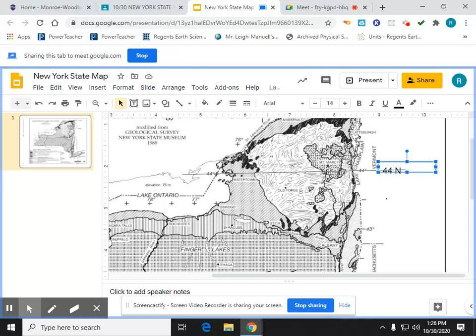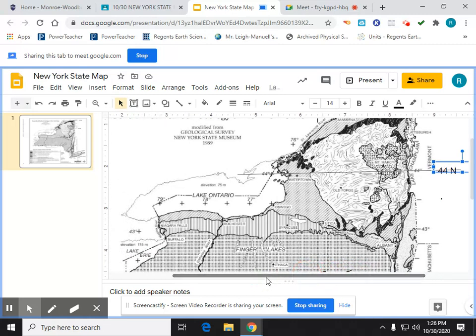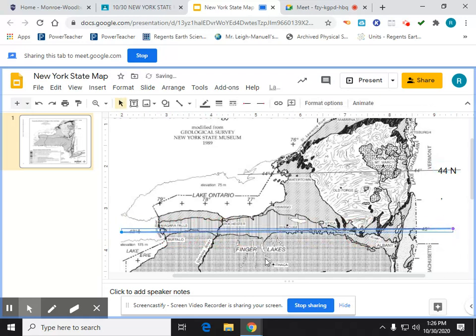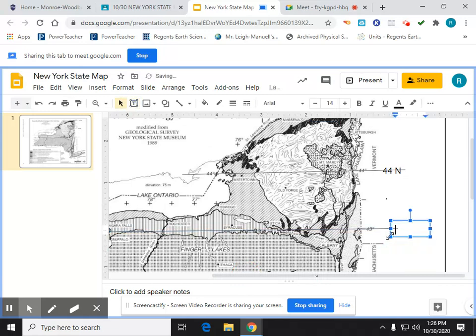All right, let's move down to 43. Now, for the 43, I'm just going to slide my map over a little bit. You'll notice that to the west of Niagara Falls is a 43 cross, and then we have a 43 over here. We're going to connect those two to draw in our latitude line across New York State of 43. Okay, so there we go. We got the 43s there. And once you're set with that, let's label that 43